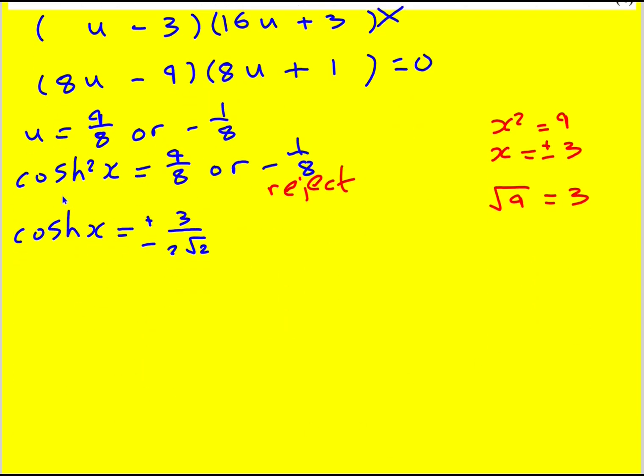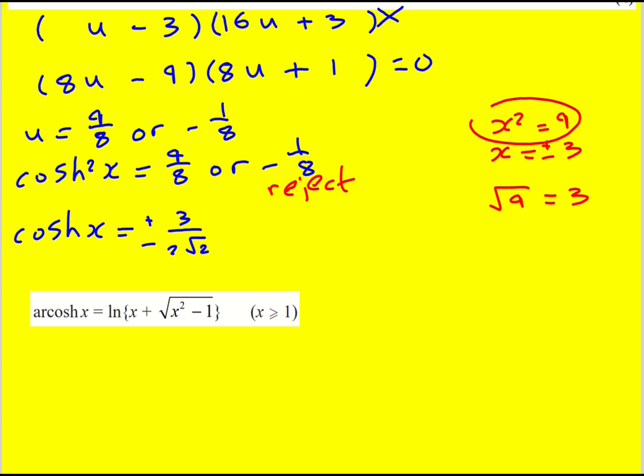And if you just use inverse cosh on this, you will get into some difficulty because there's another solution to this equation aside from just putting it into the inverse function. Just like up here, you can't just find the square root of 9. You have to also find minus the square root of 9. And therefore, if I want to solve cosh, wait, not cosh x, cosh, yeah,